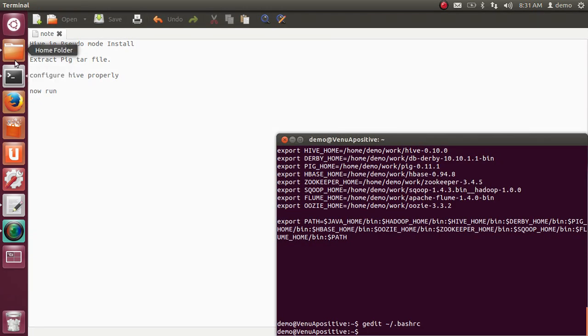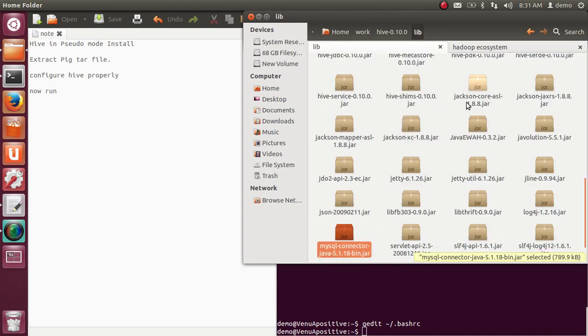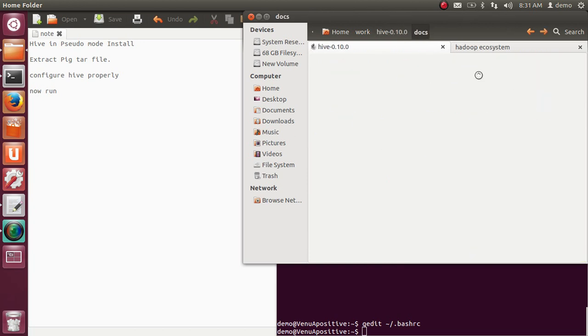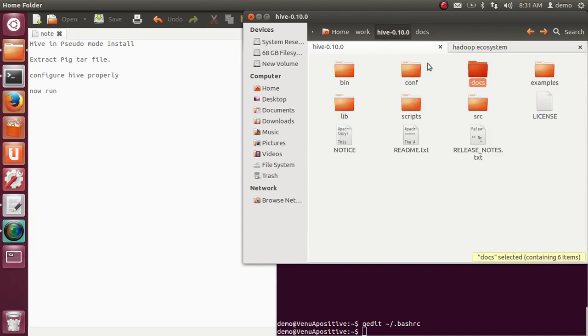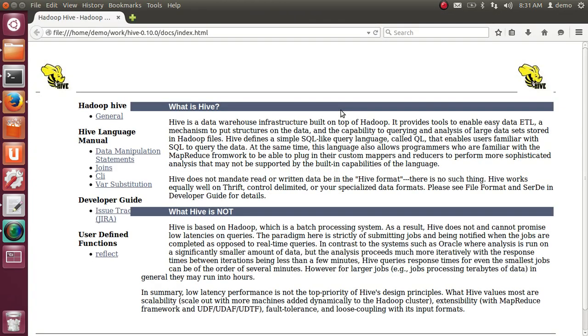How to start, and I have already explained in my earlier videos. If you want to learn anything, simply internet is not required. Simply go to the docs. They didn't give full information about Hive, but it's useful.